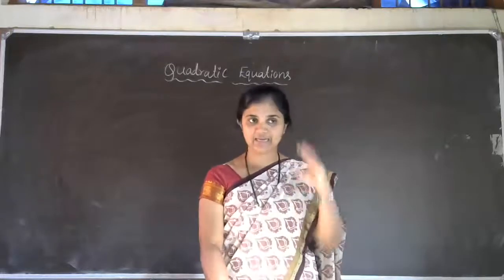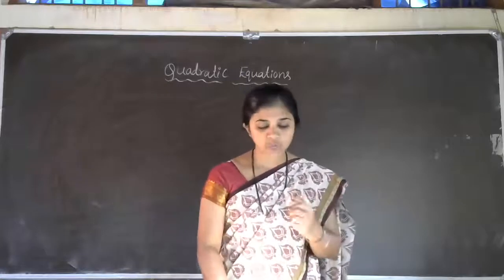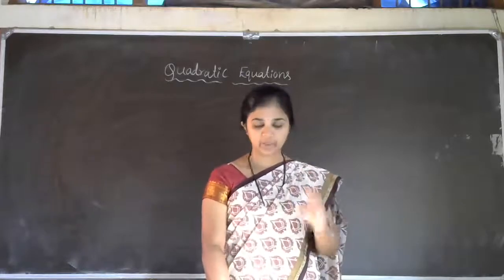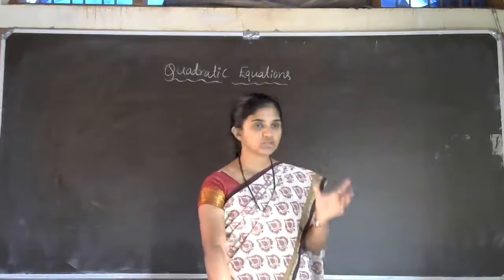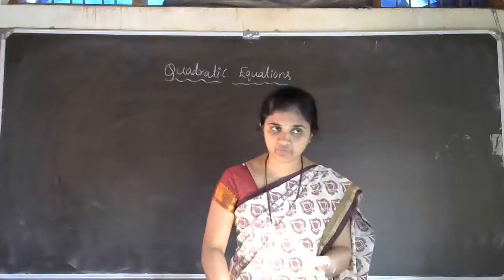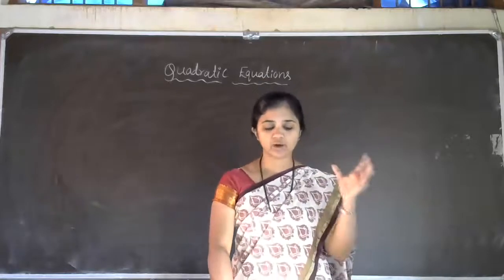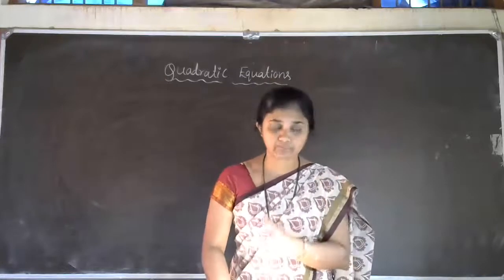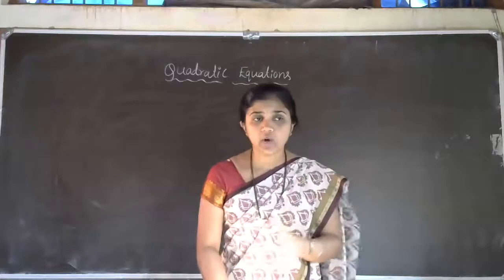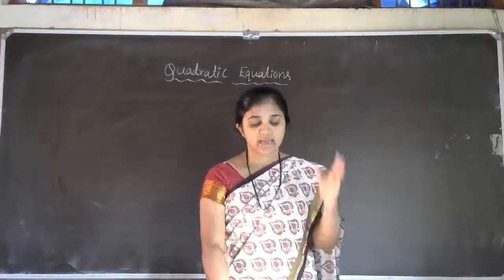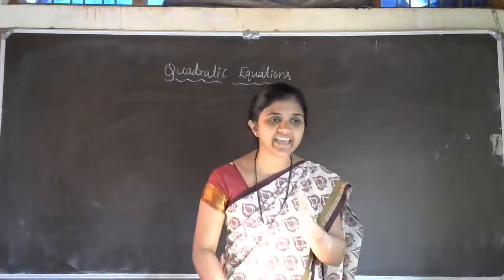So once again, I will read the problem. On a particular day, the total cost of production was rupees 750. We would like to find the number of toys produced on that day. So the question is, a cottage industry produces a certain number of toys in a day.